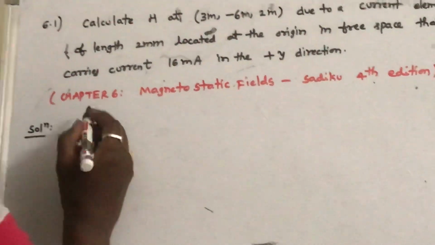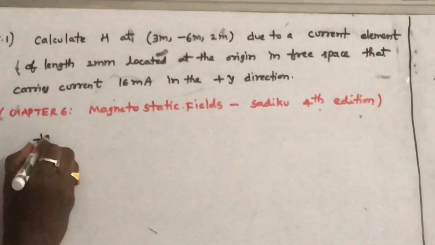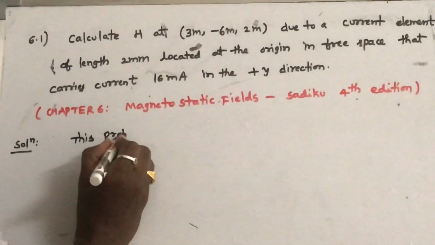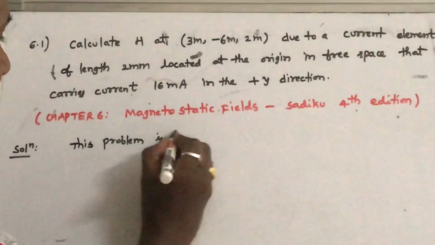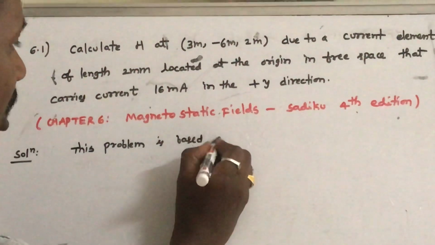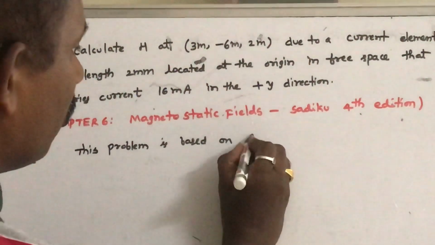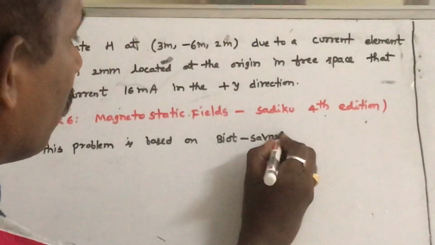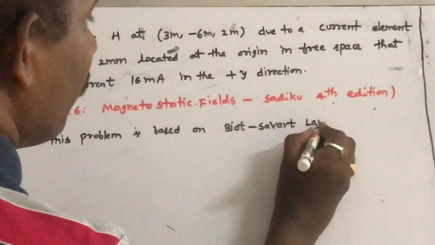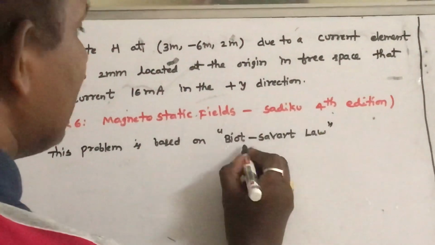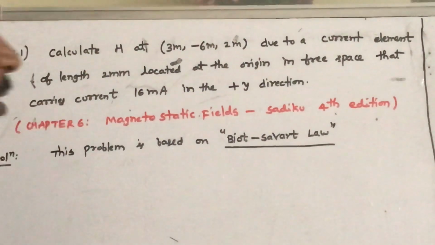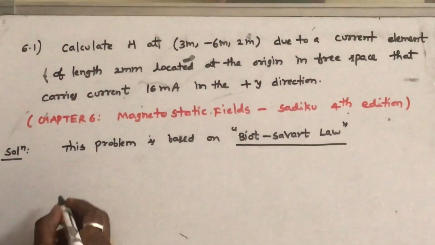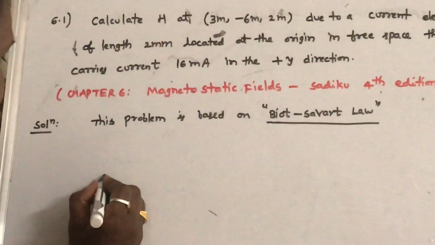So basically this problem is based on the Biot-Savart law. First point we have to write is that this problem is based on Biot-Savart's law. So what is Biot-Savart's law? So the magnetic field intensity